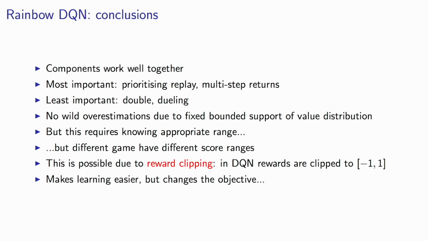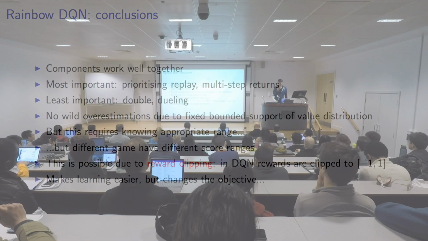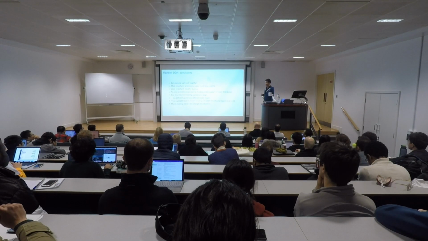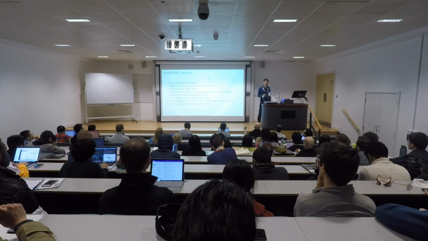Which means, for instance, that in a game like Pac-Man, where you eat pellets and you can eat power pills and you can then chase ghosts, the algorithm has no way to see the difference between eating a pellet and eating a ghost. Whereas for the actual score, there's actually quite a big difference between those. So this was done to make learning easier, but it does change the objective. And it might lead to different performance. So is there a way not to do that? So this wasn't in the Rainbow, but there is actually. I mean, there's always more components that you can consider, so we couldn't consider all of them in the Rainbow.